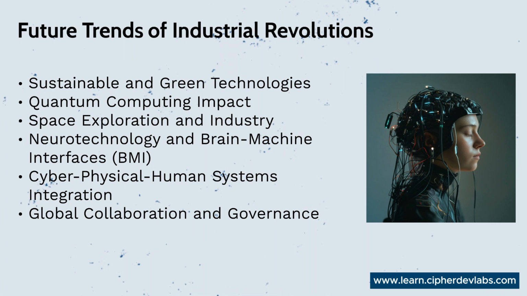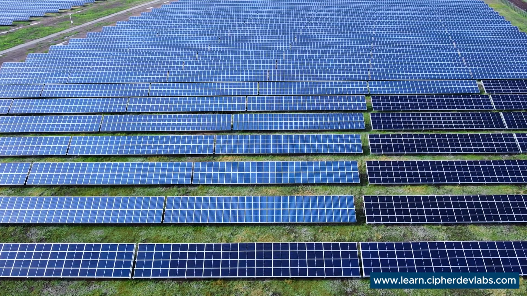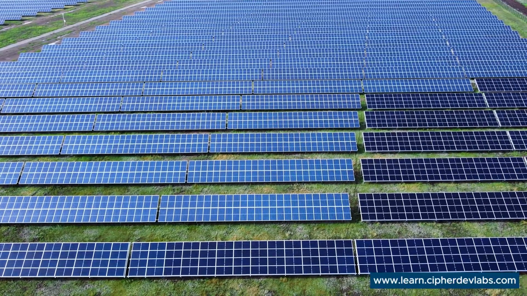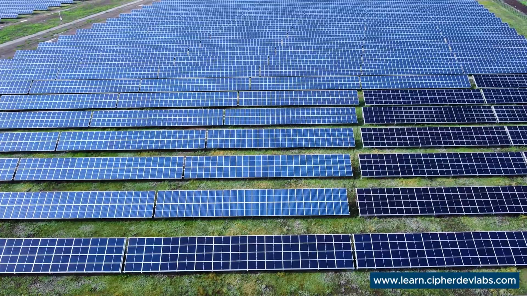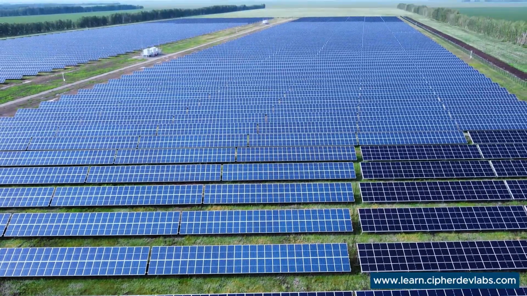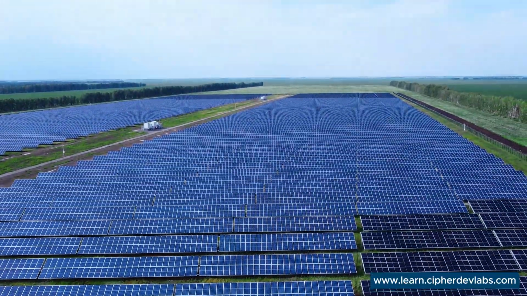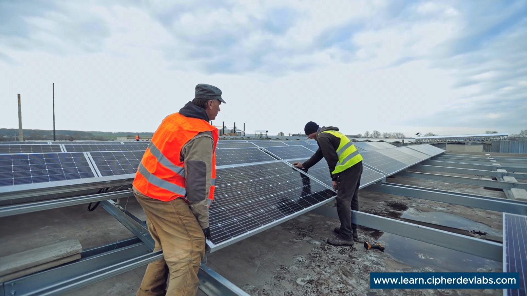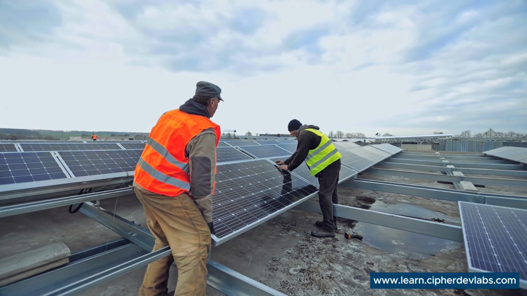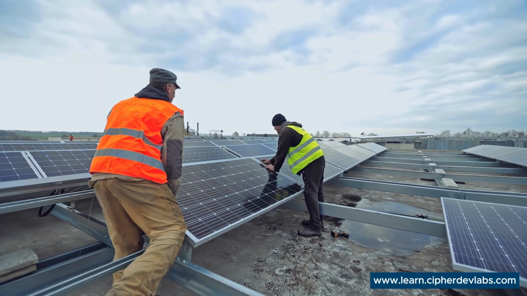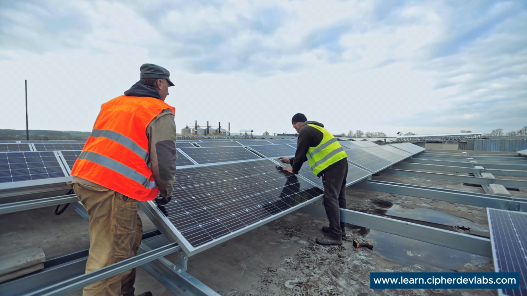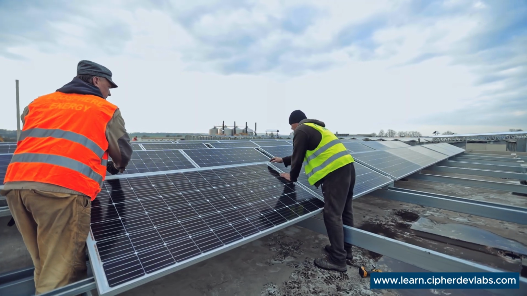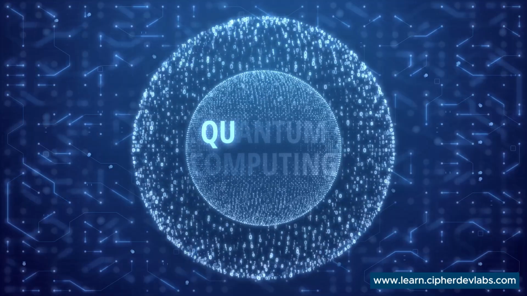Then we're also going to see a trend of more sustainable and green technologies. So, future industrial revolutions are likely to prioritize sustainability and green technologies, innovations in renewable energy, circular economies, or what we call zero waste economy, where even waste is not just dumped into a landfill but is used as a raw material for production. And also, different eco friendly manufacturing processes may become central in addressing the environmental challenges and promoting a more sustainable future.